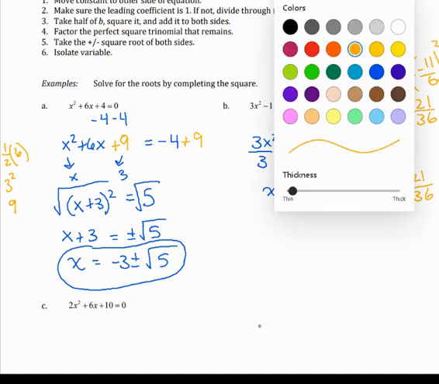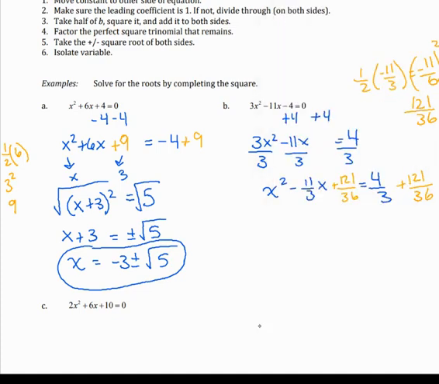Now that I've created a perfect square trinomial, I can factor. So that left-hand side, square root of x squared is x. The square root of 121 over 36 is 11/6. This will now factor to be x minus, because of my subtraction sign, x minus 11/6 all squared equals,